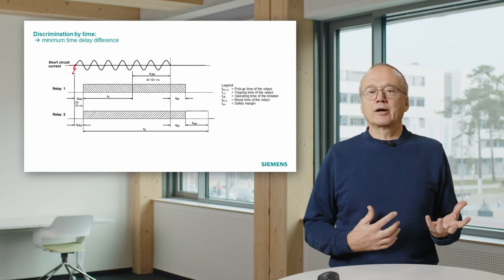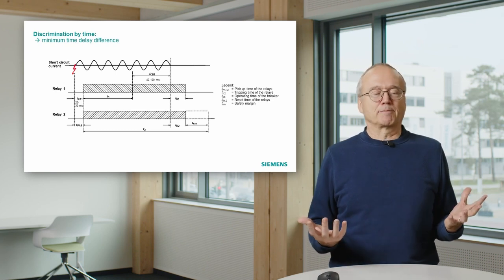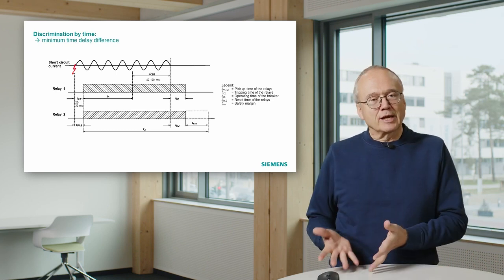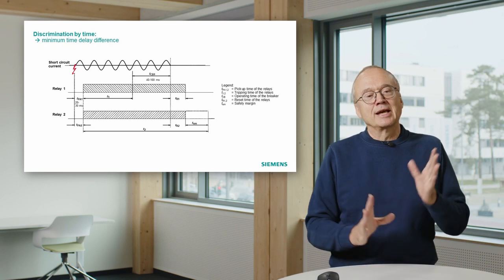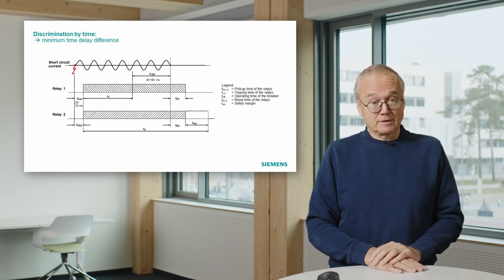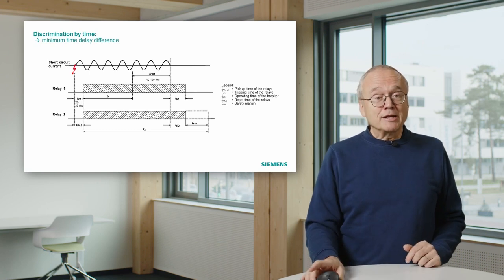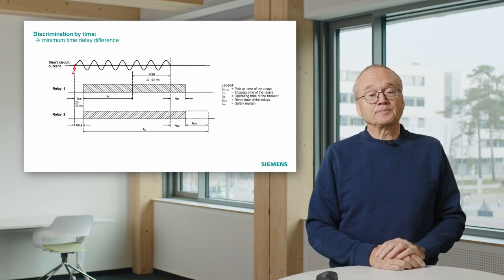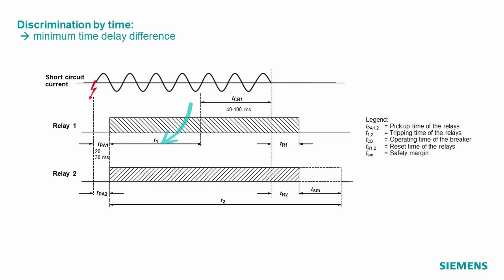If the relays are of totally different type, for instance, one is a digital relay, one is an electromechanical relay, this time to detect the fault can be pretty much different. Then both relays start the timer. You see here the timers of both relays. Relay number 1 in this case has the shorter timer setting, and after some time this timer setting has elapsed, it